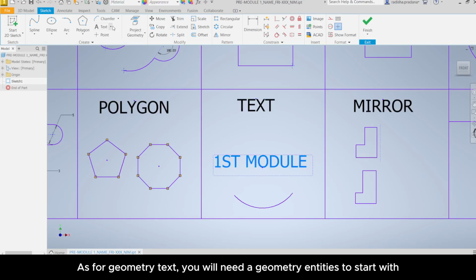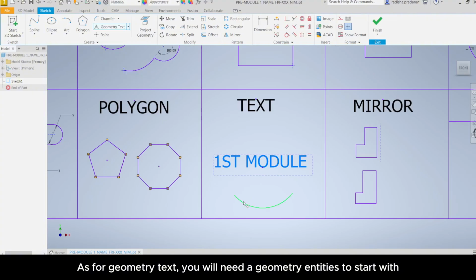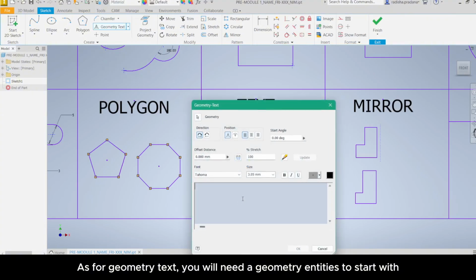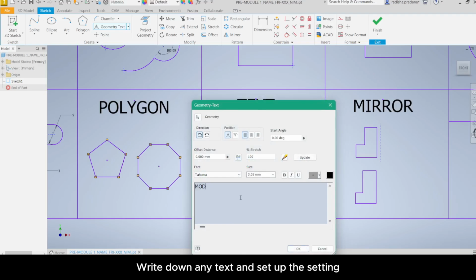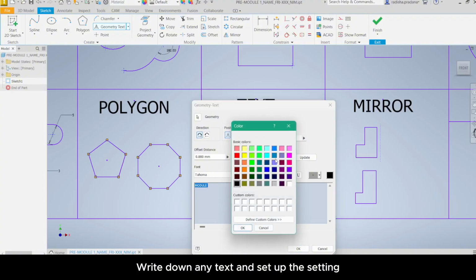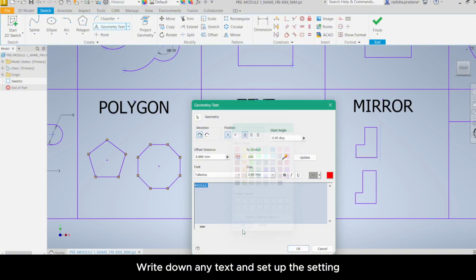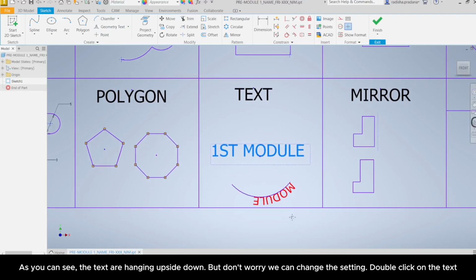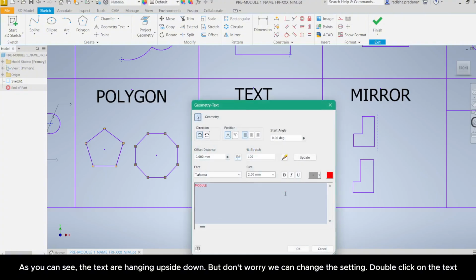As for geometry text, you will need a geometry entities to start with. Write down any text and set up the setting. As you can see, the texts are hanging upside down, but don't worry, we can change the setting.